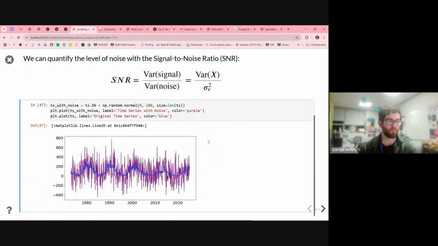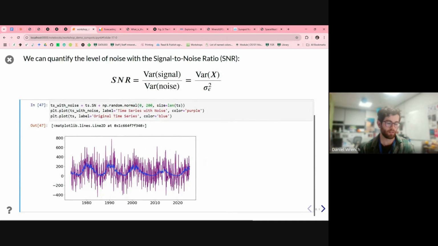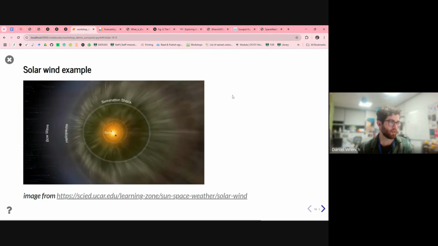So yes, there are different ways of modeling noise, and I'll mention this in a minute. But I'll briefly turn now to something different. We've had sunspot data, so still sticking with the sun, I'm afraid, but now looking at a very different type of data from the sun, which is time series of the magnetic field.